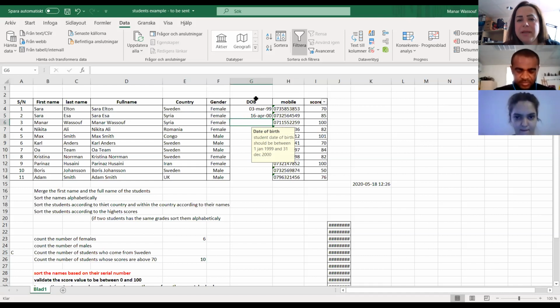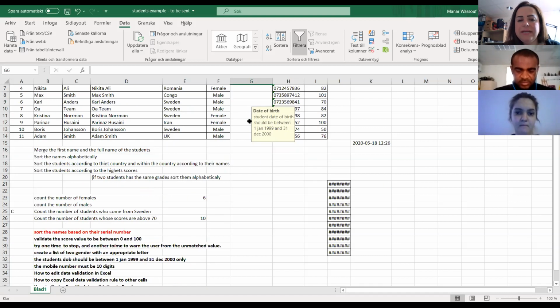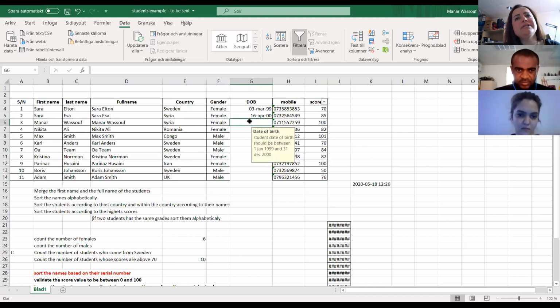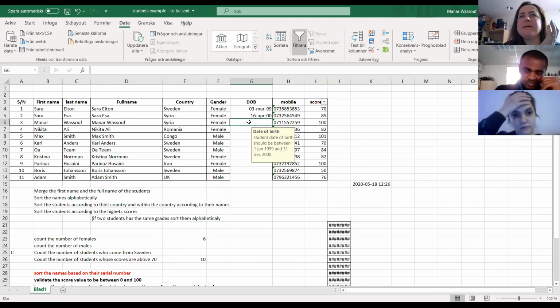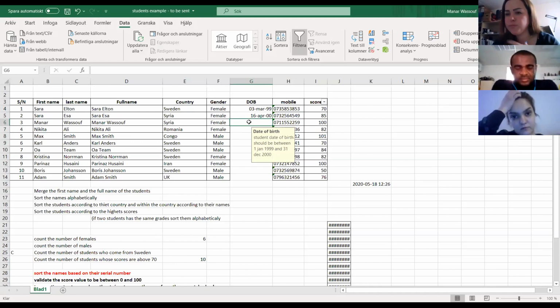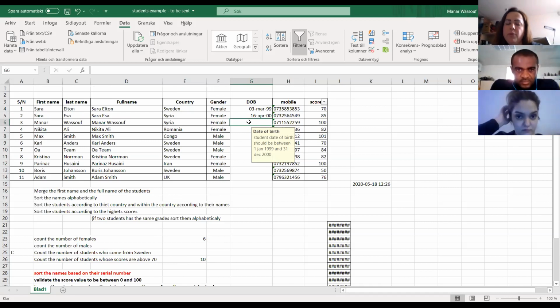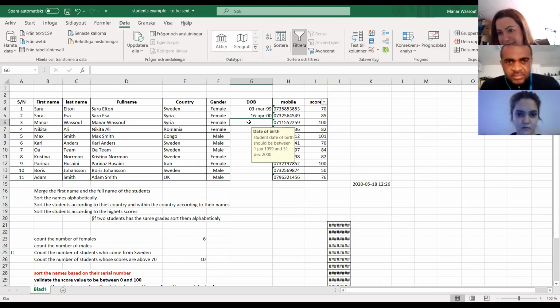On the same, let's stay here. For example, if you enter a value, sometimes what we do, if you want the student date of birth to be anything, but it's impossible for the person's date of birth to be after 18 May 2020.